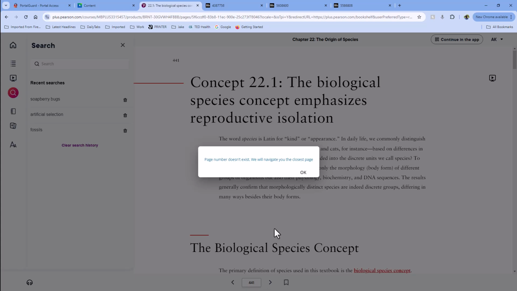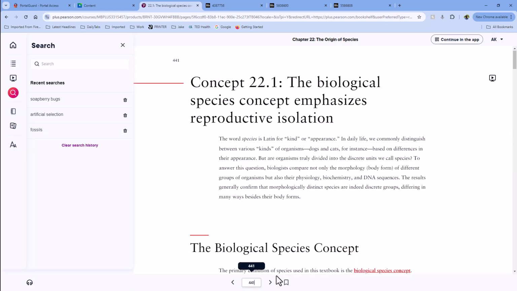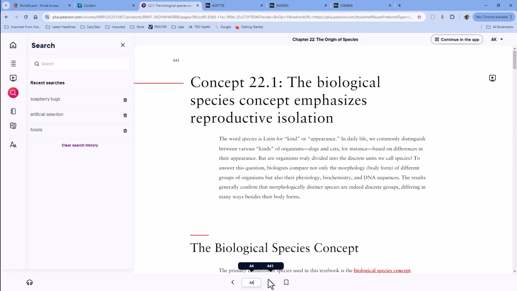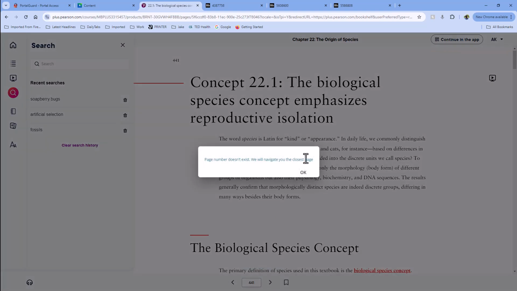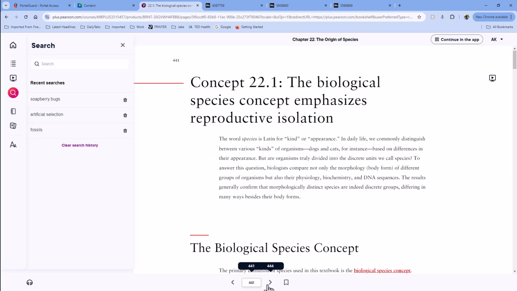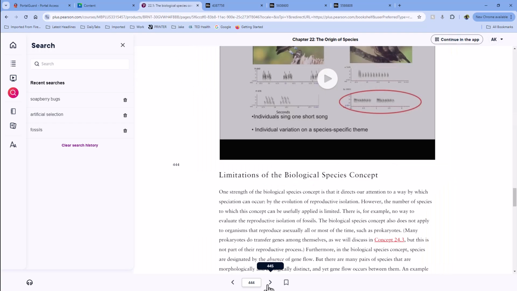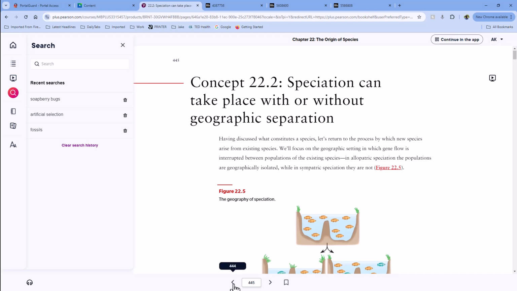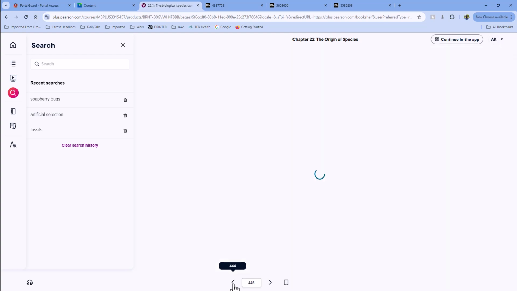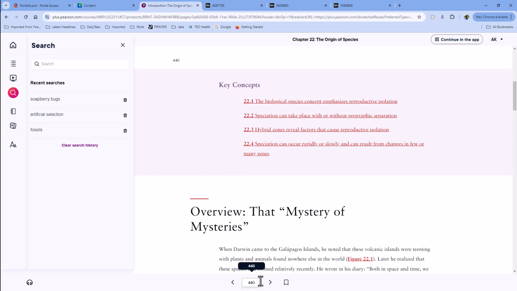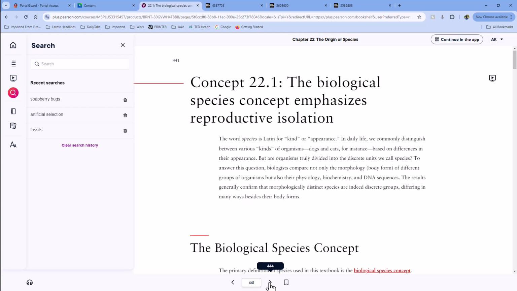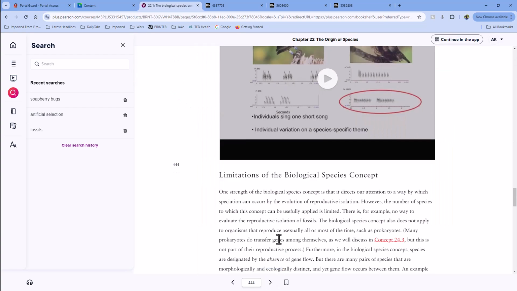Oops, that isn't going right, is it? 442. Oh. Alright. Is it? I think it was. Alright. Let me try this again. So 440, 441, and then there's the